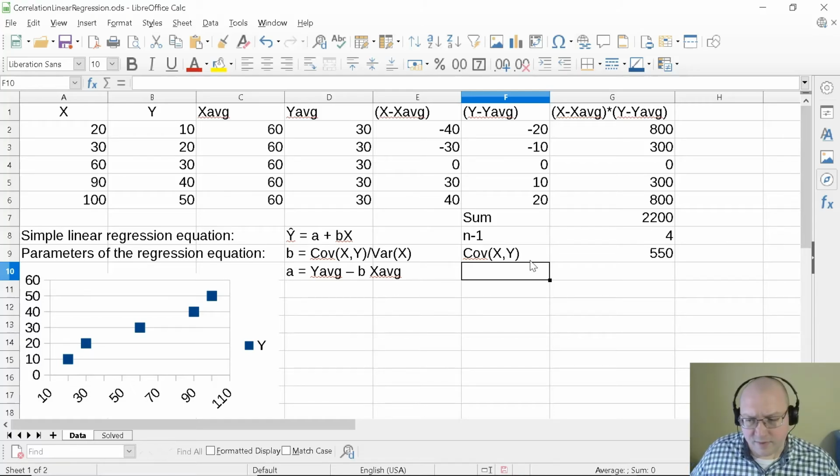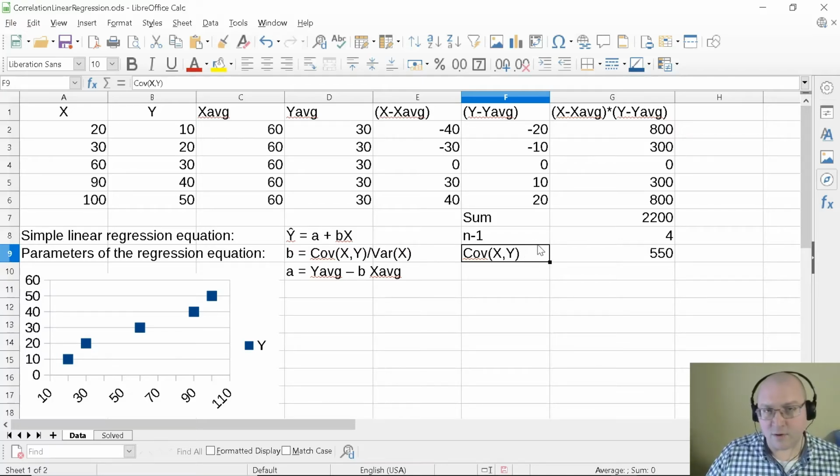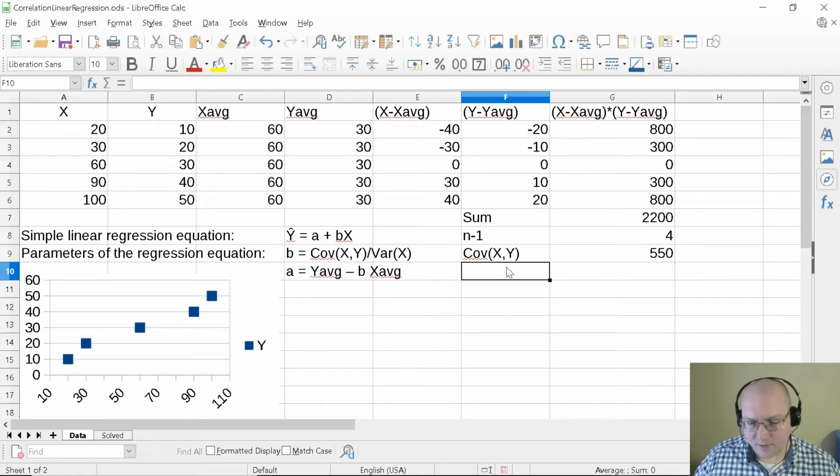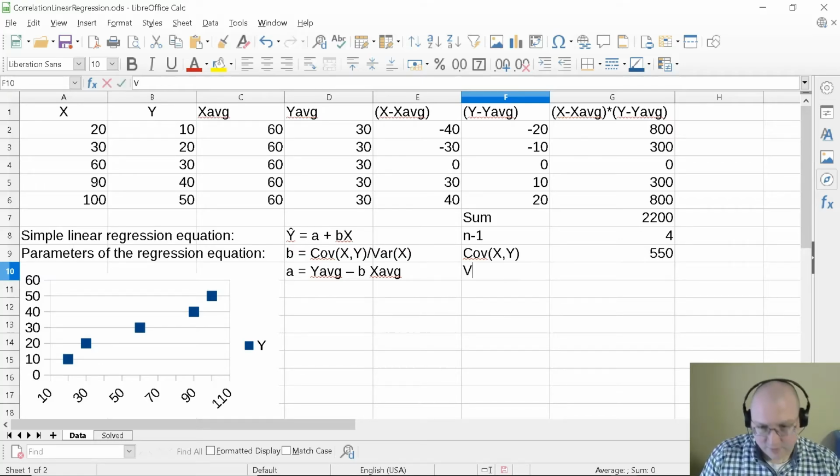Now here we see the covariance is positive, but we can't really say too much else besides that, because there's a certain scale to X and Y. Covariance is related to correlation, but we don't really know how strongly X and Y are related to each other. But that's okay for our purposes. We're solving for a parameter, so